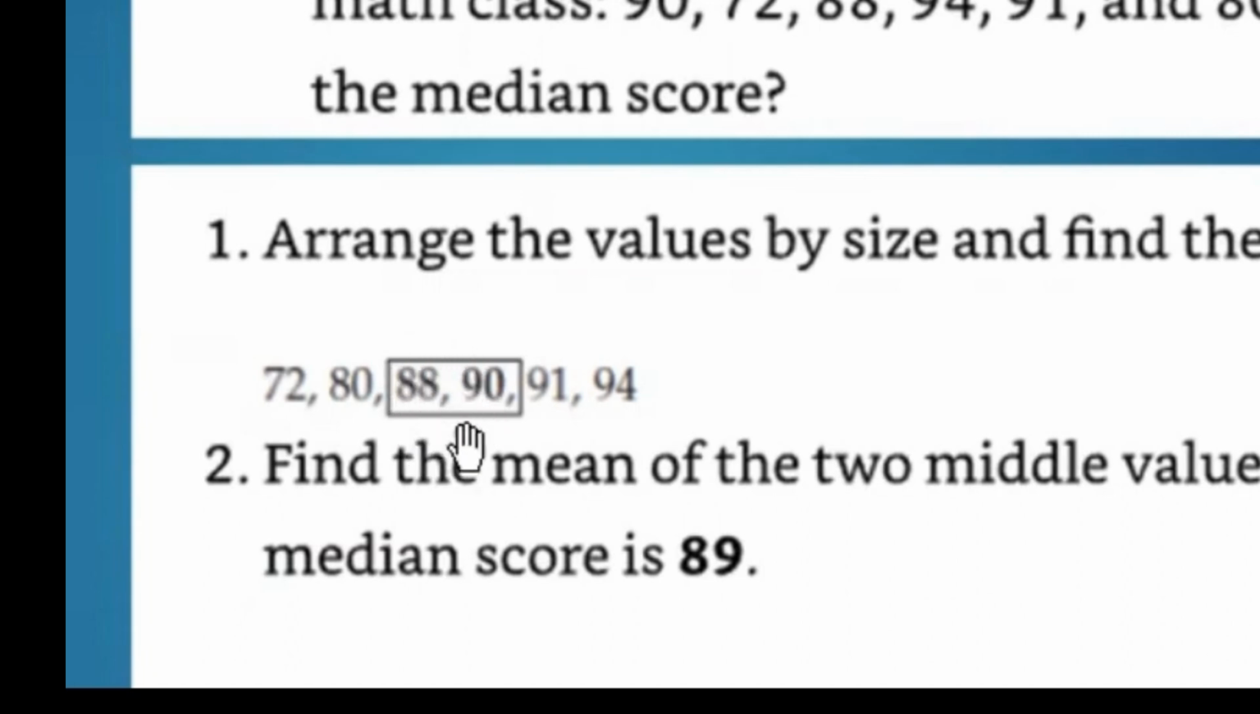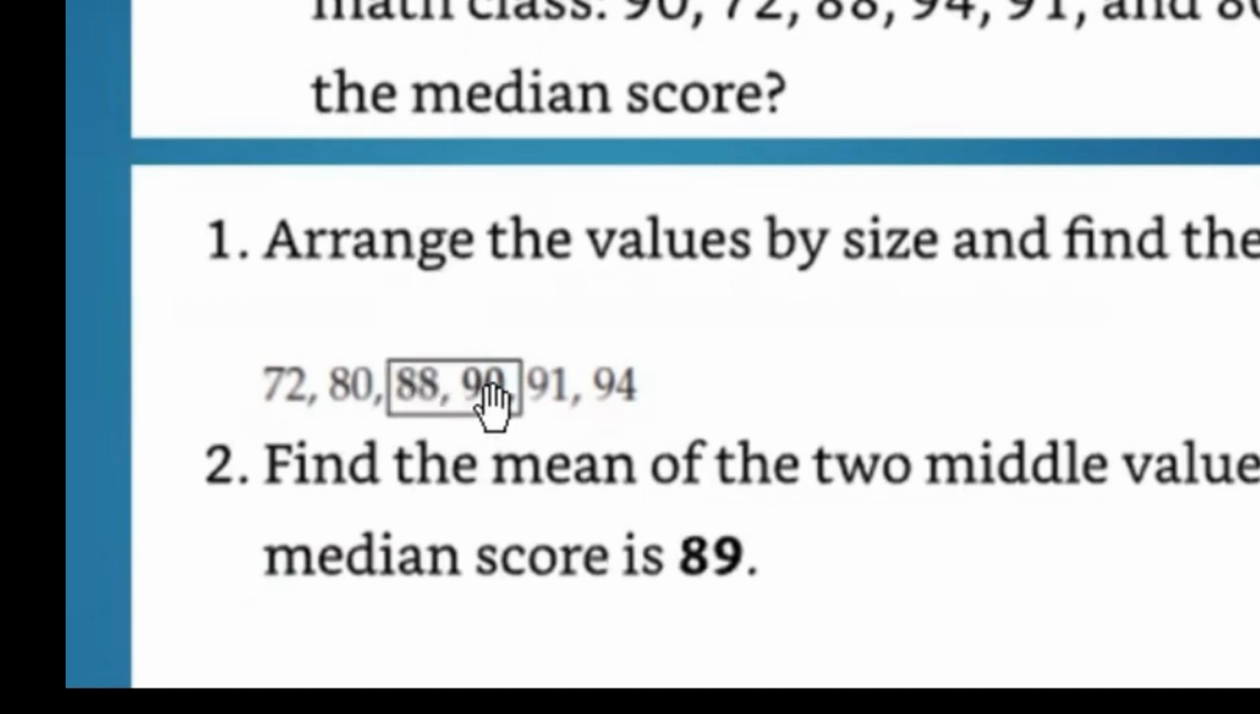And that would be true of any two values that would be in the center of an even numbered median, okay? Whatever number that you find would be the value that's right in between both numbers. In this case, it happens to be 89, which, if we look mathematically, 89 is indeed right in between 88